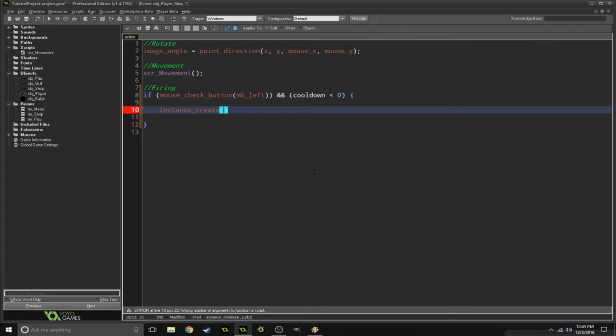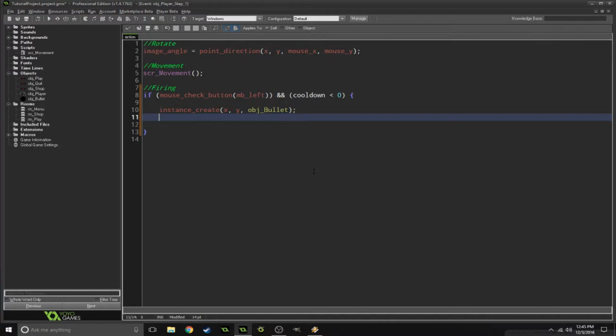Just for today, I'm going to show you just the simple instance create, it'll be at the X and Y of your player. So X, Y, obj_bullet. So now it created that. Now what we need to do is we're going to say